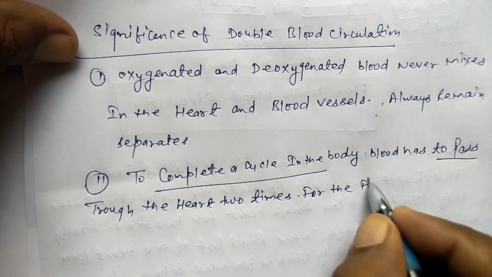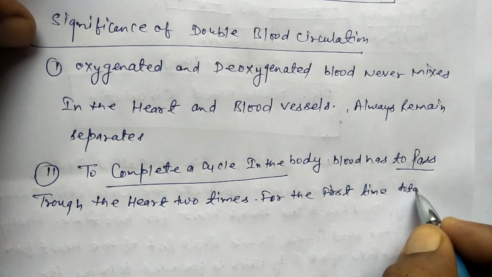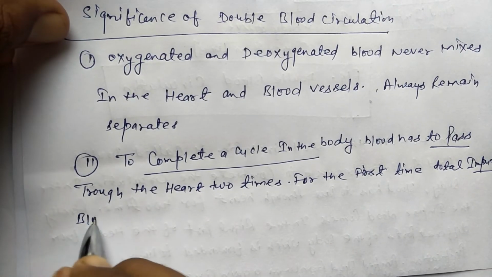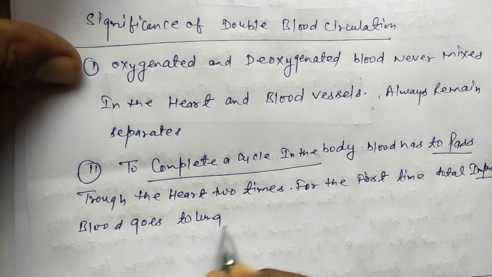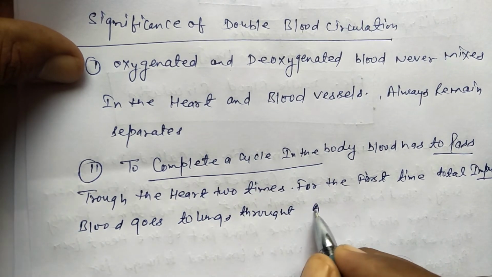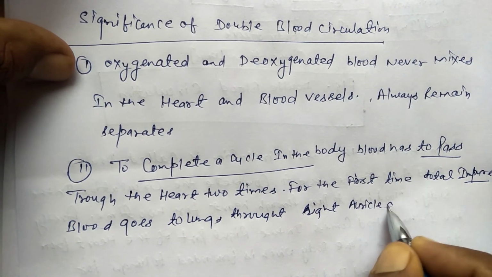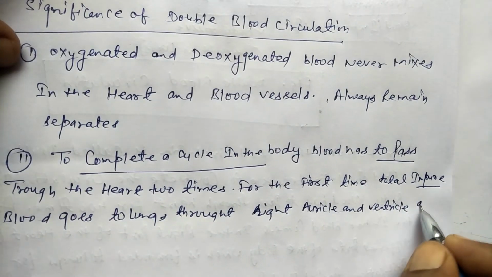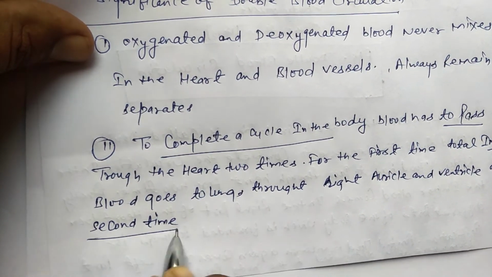For the first time, total impure blood, it means deoxygenated blood, goes to lungs through the right auricle and ventricle, and second time,